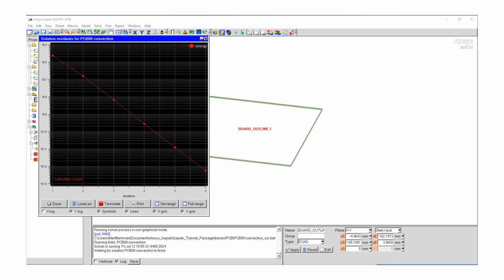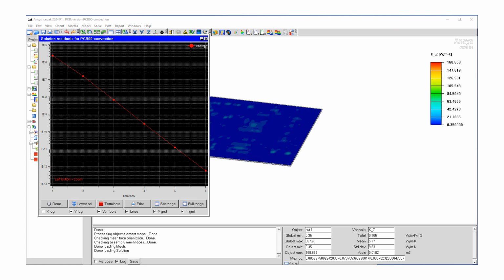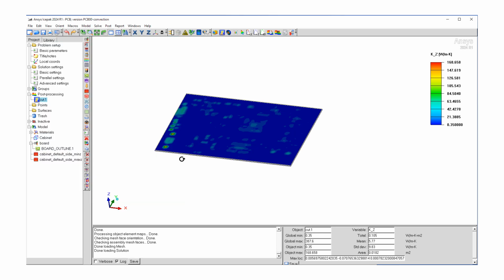So as you can see, as the Fluent job runs, it's going to pop up this window where it's going to go through these iterations, and very quickly within 6 iterations what we see is that temperature criteria is reached. So the solution stopped and it actually exported the results back to Icepak. So we can say done, and